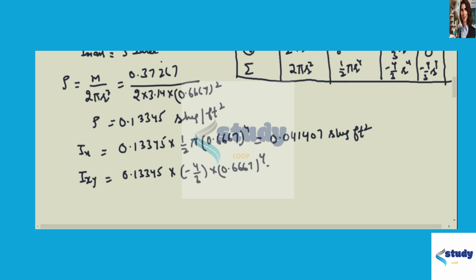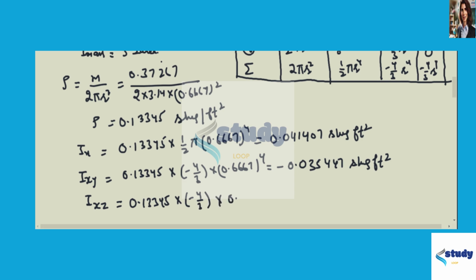So it will be minus of 0.03547 slug feet square. Ixz you can find 0.13345 into minus 4 by 3 r to the power 4. So on solving it, it would be